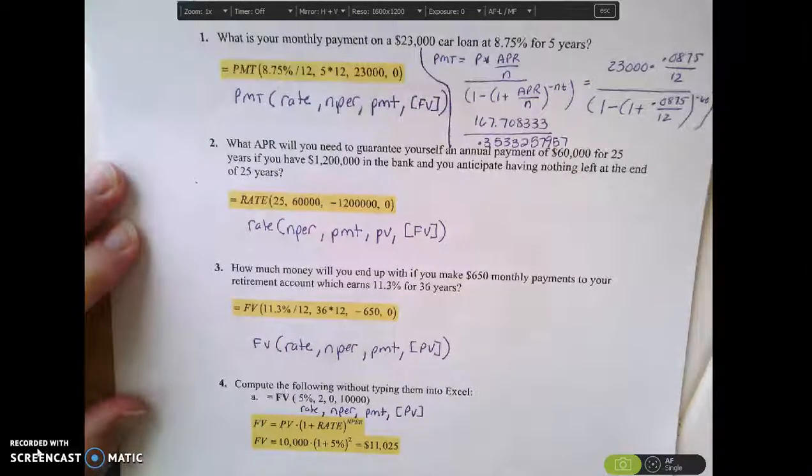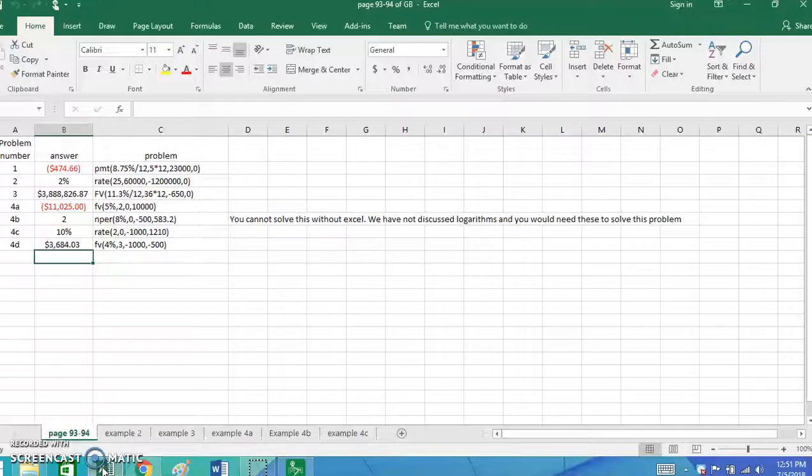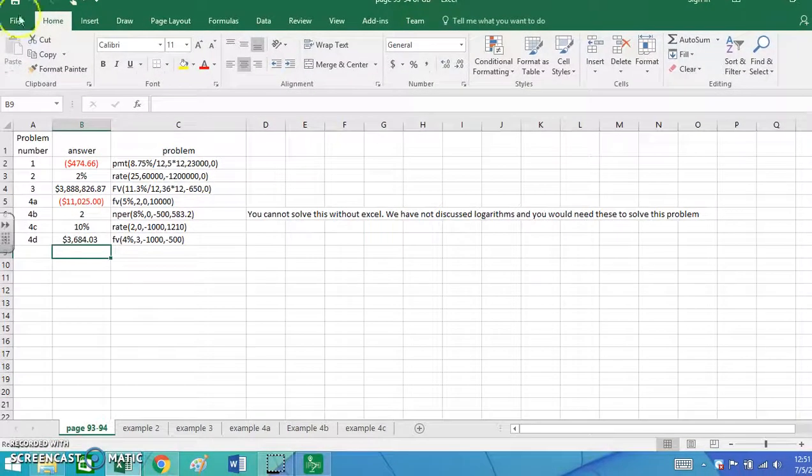Okay, so let's take a break for a minute and look at the Excel spreadsheet and what we've got for that. So what I did with this is, if you look at the first problem here, this is problem number one. For problem number one, I typed in exactly what we had on our paper, which is the 8.75% divided by 12, comma, 5 times 12, comma, 23,000, comma, 0. And I got